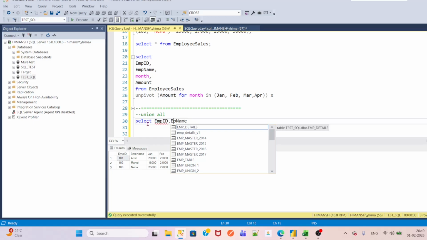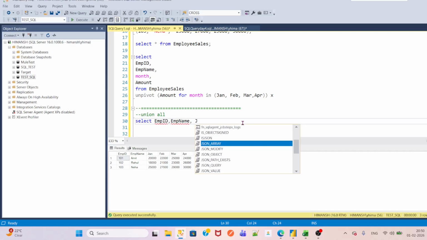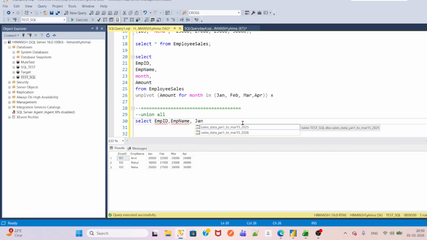Let's write emp name also. Okay, then we want the month also. So here what we are going to do is hard code the month. You will get it once we write the whole thing. So for the time being, just be with me, and here we will write Jan